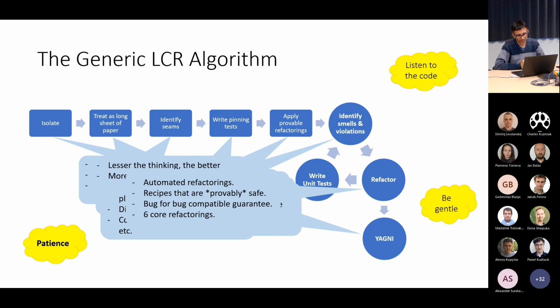Here is where you identify the smells and the SOLID principle violations, and because you have written so many pinning tests, you can now start applying provable refactorings, and one by one you can start fixing the smells. For example, if this particular 15 lines of code is doing too many things, you split it into, say, 3 sets of 5 lines each. You can just extract it so that this method changes for only one reason. That's what I mean by fixing a smell. And then you refactor. Extracting a method is a provable refactoring.